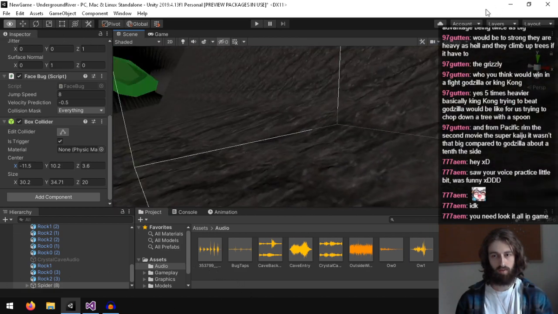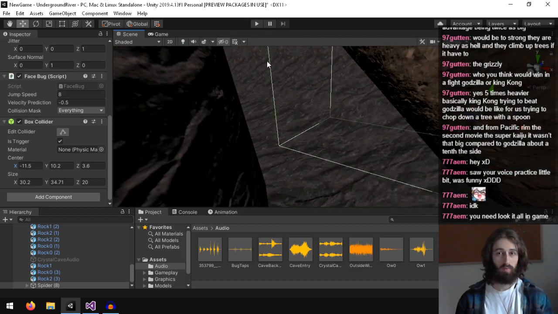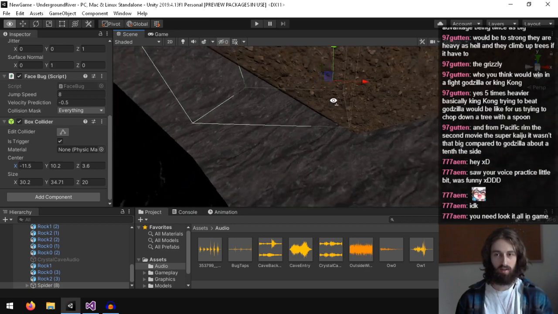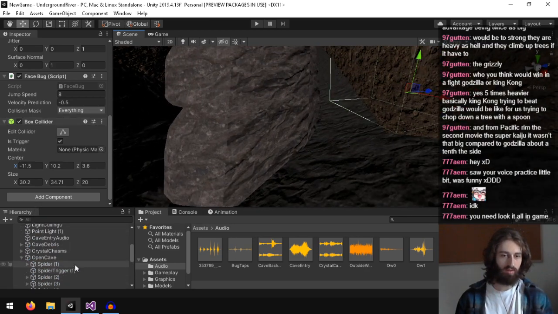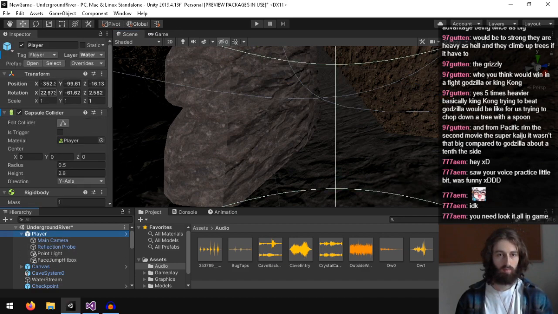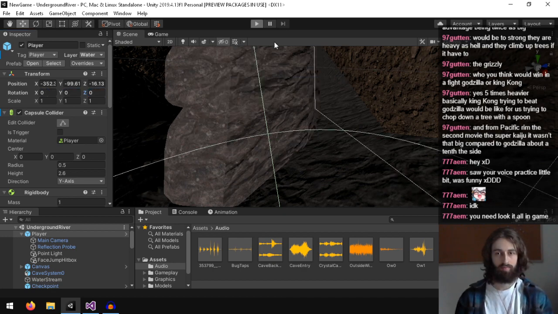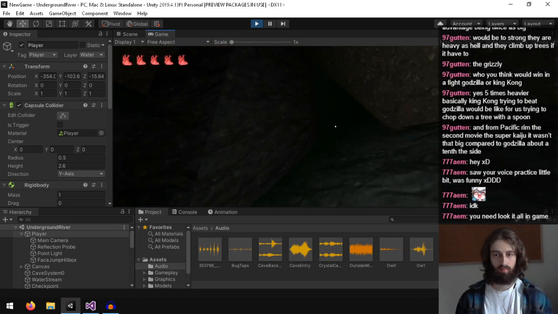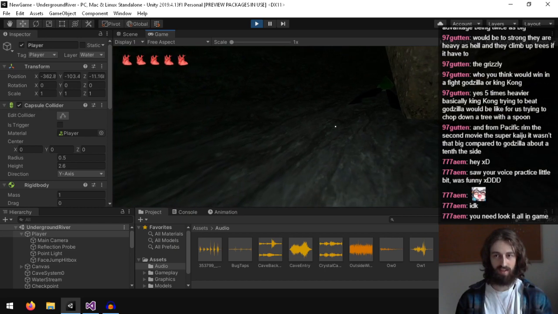By the time the player is there, he can see the spider. I guess that's okay. You know what, let's see how this looks. Yeah, you can see it.